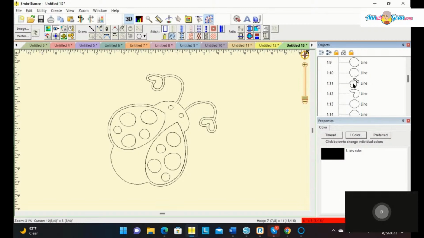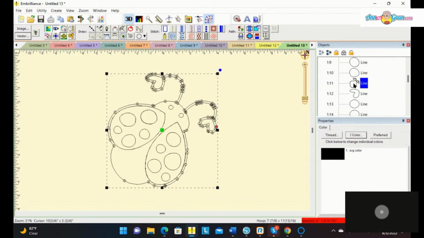See the ladybug? Remember I told you to delete overlapping stitches? Well, I don't mind the ladybug dots stitching on top, but I don't necessarily want the wing stitching on top. So I am going to select the ladybug body. Select the wing, hold down the control key, select the wing,